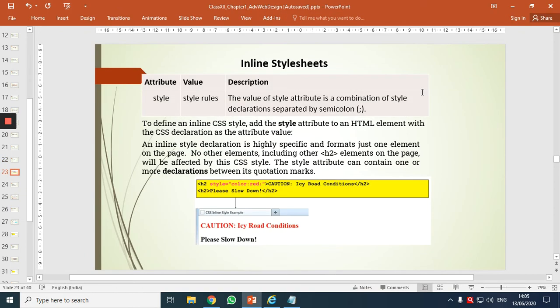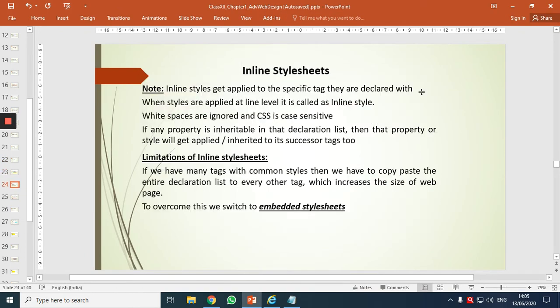This is the limitation of inline style sheets. If I have many tags with the same styles, then we have to copy-paste the entire declaration list to every other tag, which we did now. And this increases the size of our web pages, indirectly the size of the website, right?